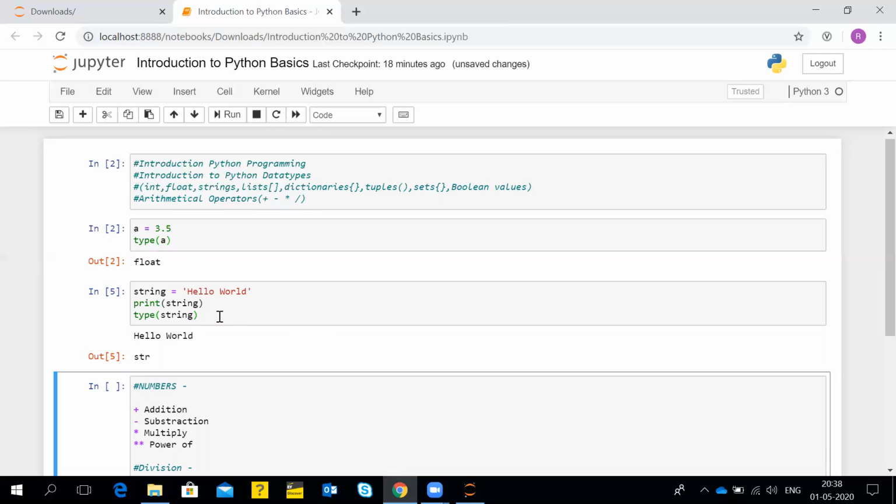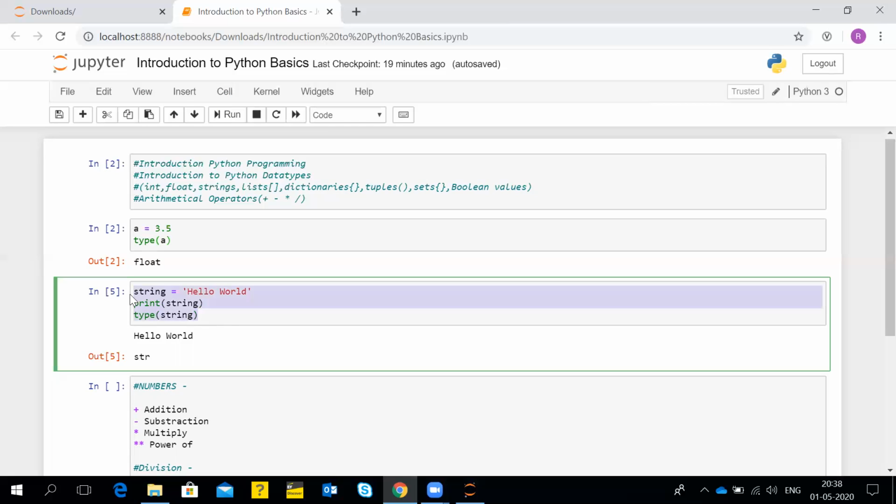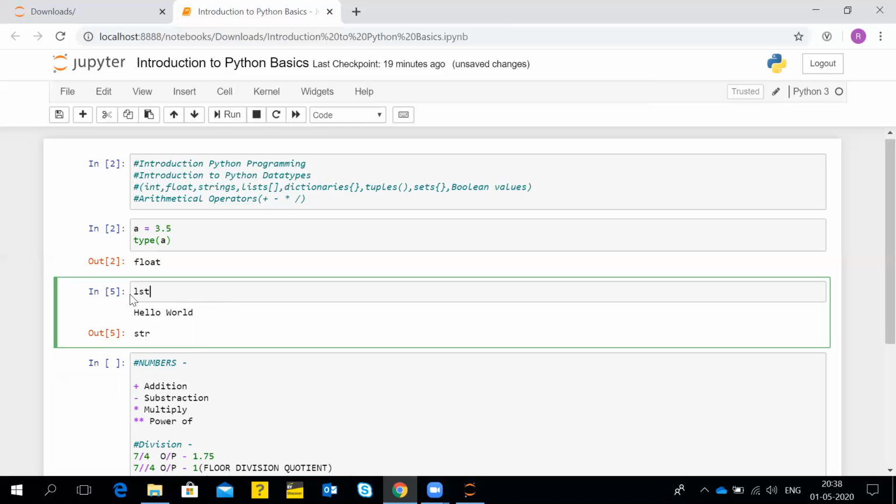So list is a kind of data type which will accept different types of values, and how we represent a list and how it will represent a set of values. In terms of any other language, suppose Java or C or C++, you can think of it as an array.